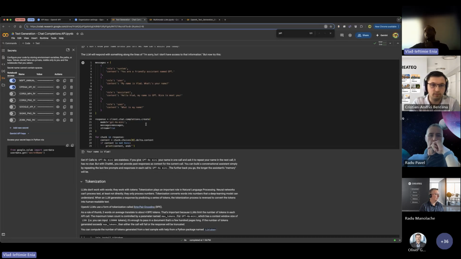And I showed you this API, even though it is not the nicest way to use the API, because at this moment it is the industry standard. So everybody uses this API. The new stateful API that OpenAI released is a bit too recent, but I think it will replace this API entirely, and we will talk about it in the next session.